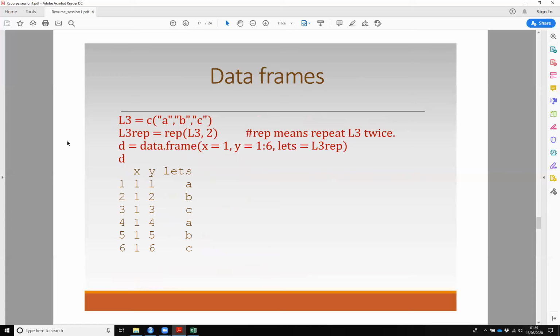A data frame you can create using something like this. So let's create a list, call it L3. C is the command which stands for combine. So we're going to combine the letters A, B, and C to make a list. And we're going to create a new variable or a new list called L3 rep. And this rep function means to repeat the list, which we called L3, 2 times. So our L3 rep list consists of